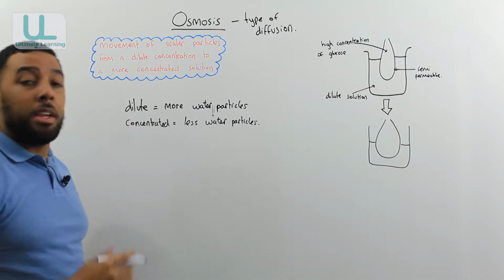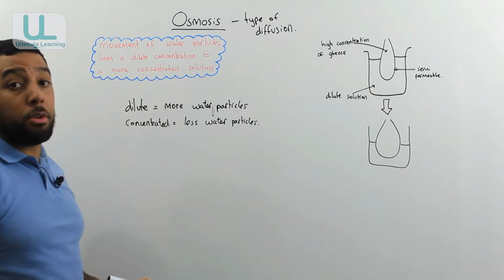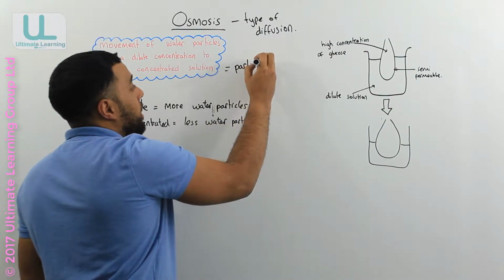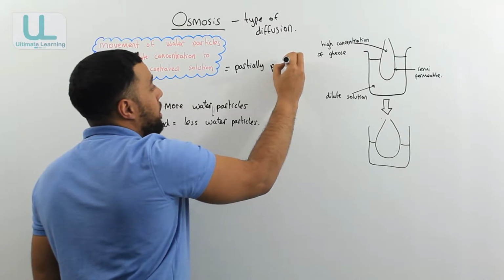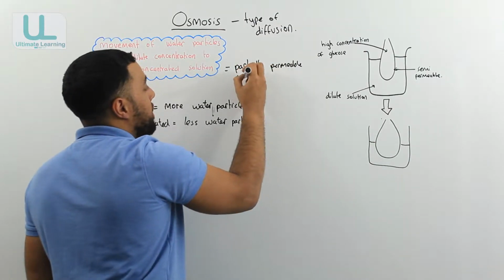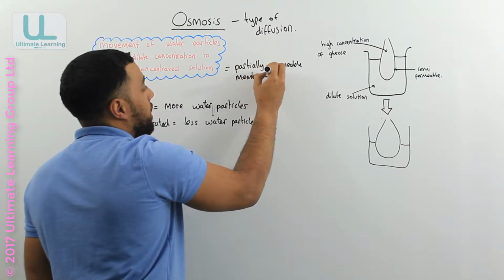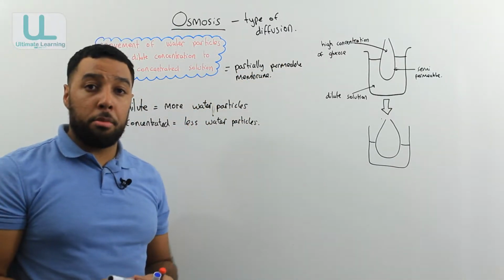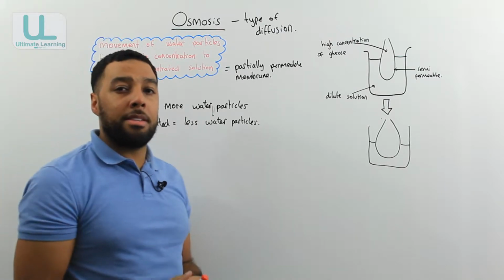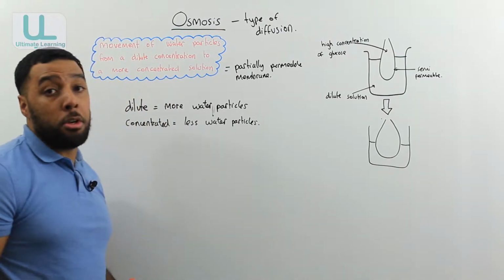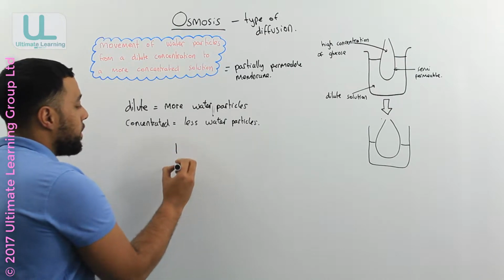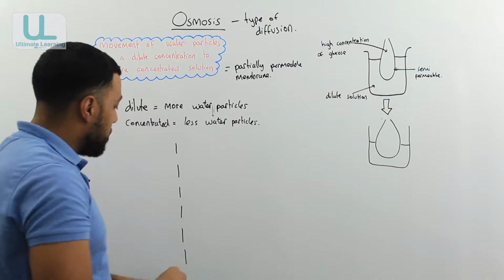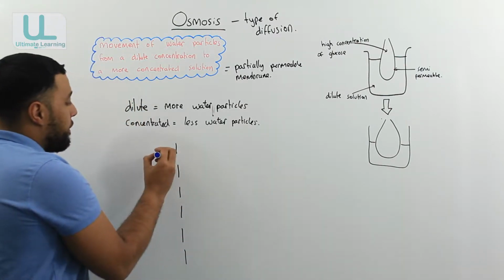Now osmosis can only happen if there's a partially permeable membrane. And you would get away with saying a semi-permeable membrane. Now what's meant by a semi or partially permeable membrane? Well, here I'm going to draw an example of